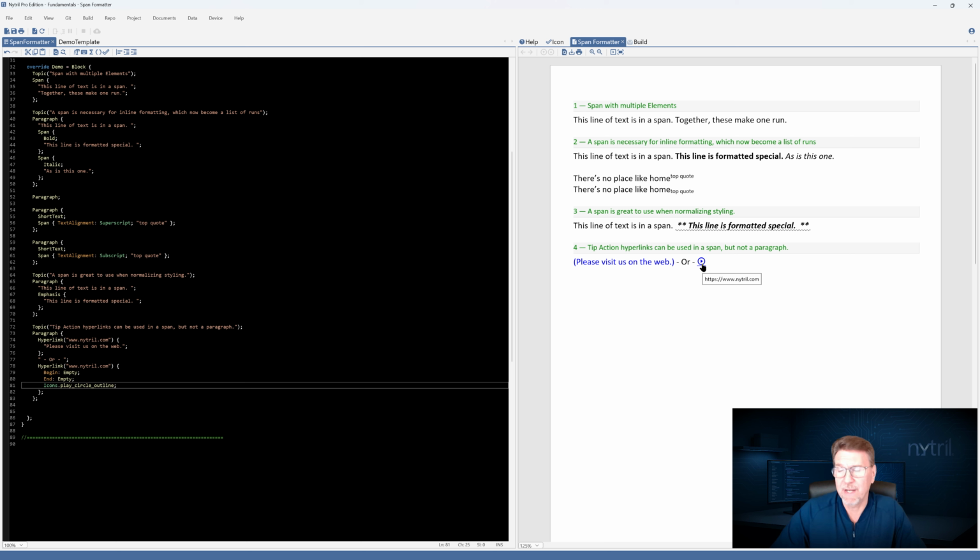Now, normally when you're creating a document, it's going to be static, and so you can't click on a link in a static document. But in Nitro, you can publish documents to nitro.com and have your documents presented there. And when you publish documents to nitro.com, these links are actually functional. So you could have a full product spec sheet, and at the bottom you could have your URL or your phone number or a mail address for support or something. And people can actually click on those and they're functional.